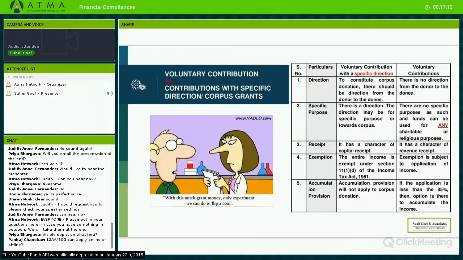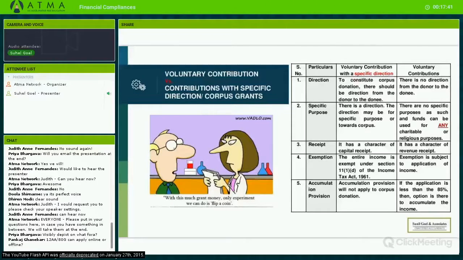Another area which we just wanted to touch on quickly was a quick distinction between the tax treatment for voluntary contributions with a specific direction, which means forming part of the corpus or for the specific fund, as compared to pure voluntary contribution. The distinctions are mentioned in this table, but just to highlight that any donation which is given towards the corpus does not form part of the income of the organization, and therefore it is deemed as exempt